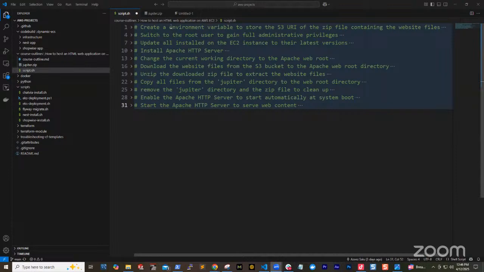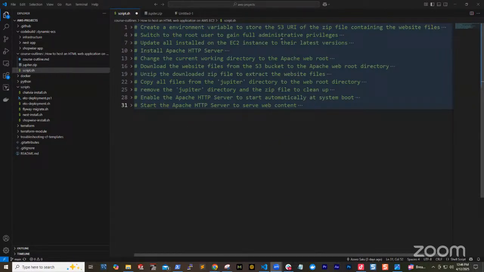Since you know what you are trying to do, for example, line 4, I'm trying to change to root user, right? And this knowledge comes from you deploying the application on the EC2 instance manually. You've already done that, so you've learned everything about all these steps. I learned it by deploying it manually first. Okay, so now I have all my steps down.